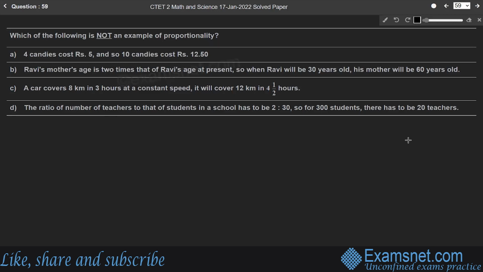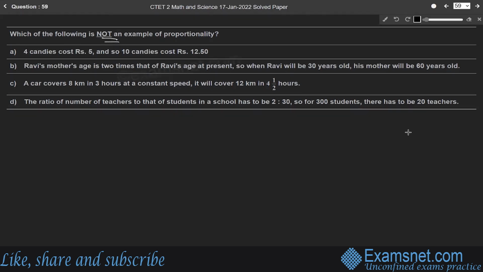Question 59. Which of the following is not an example of proportionality? Proportionality refers to the equality in the ratio of two numbers. So it is equality in the ratio of two numbers. When two sets of numbers increase or decrease in the same ratio, the two numbers are